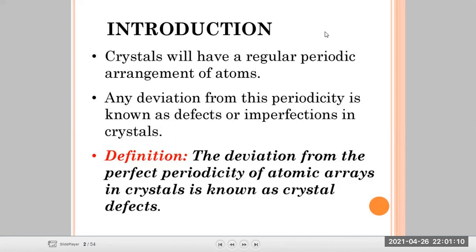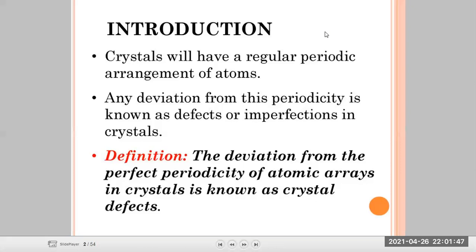Actually, in the last few classes, we have learned what matter is composed of. You already know matter is composed of solids and fluids, and fluids have been classified into liquids and gases. Here we are giving due importance to the solid material, and the solid materials have been further classified into crystalline solids and non-crystalline solids. These crystalline solids are again subclassified as single crystal and polycrystal.